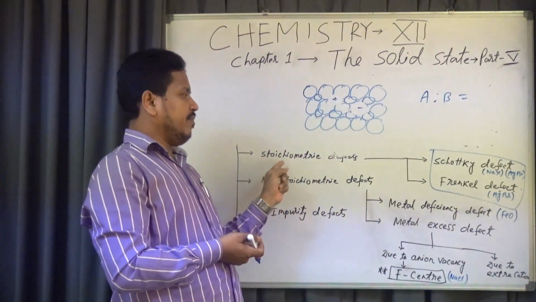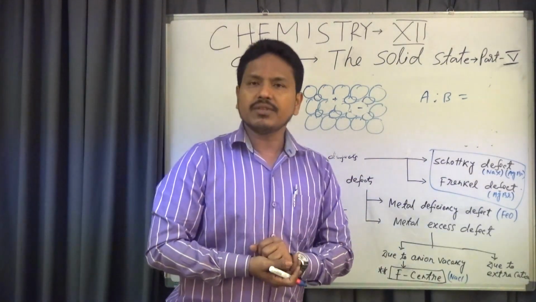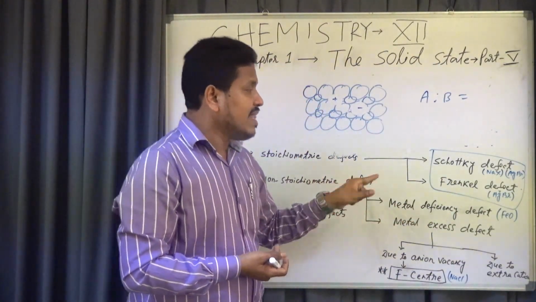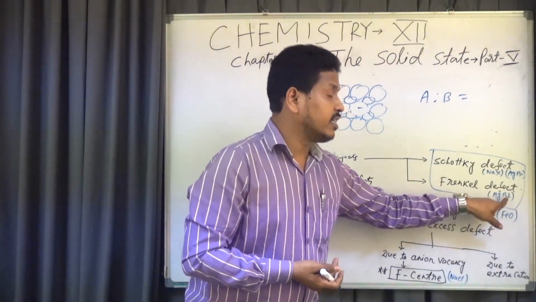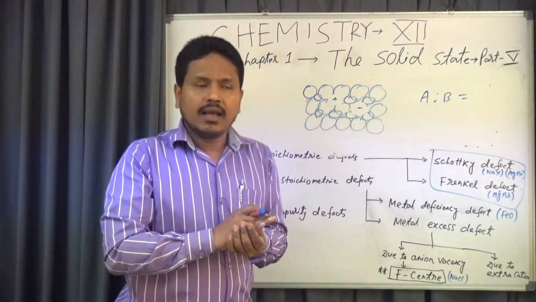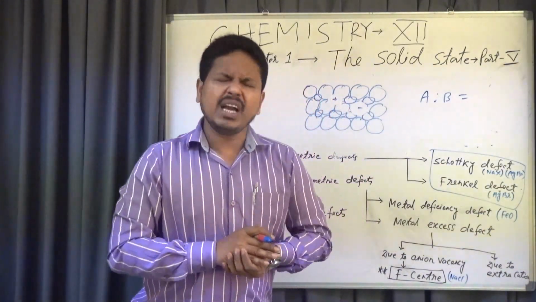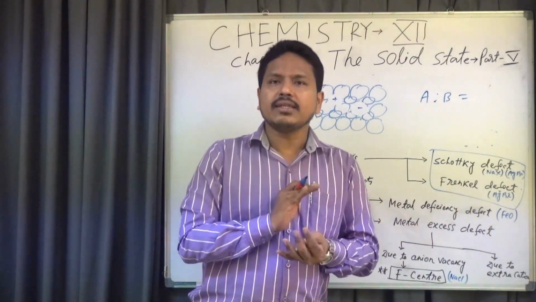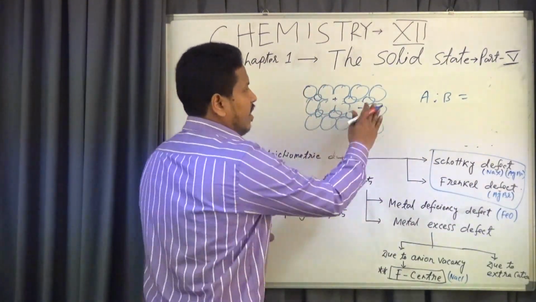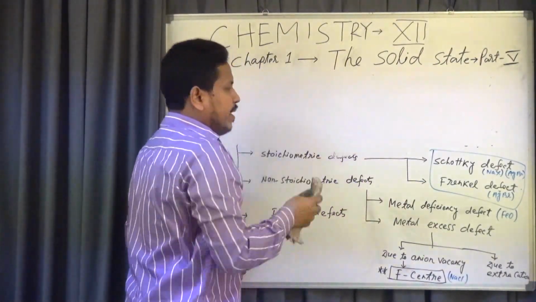This is also a stoichiometry defect. Defect arises, but the stoichiometry remains the same, unchanged. That is the Frenkel defect. It is found when the cation is smaller in size, but the anion is bigger in size. In those ionic solids, when the cation is small in size, let silver bromide, Br minus is bigger in size. Silver cation is smaller in size. In this type of halides, generally Frenkel defect is found. What is Frenkel defect? Students, note down very carefully. Frenkel defect means